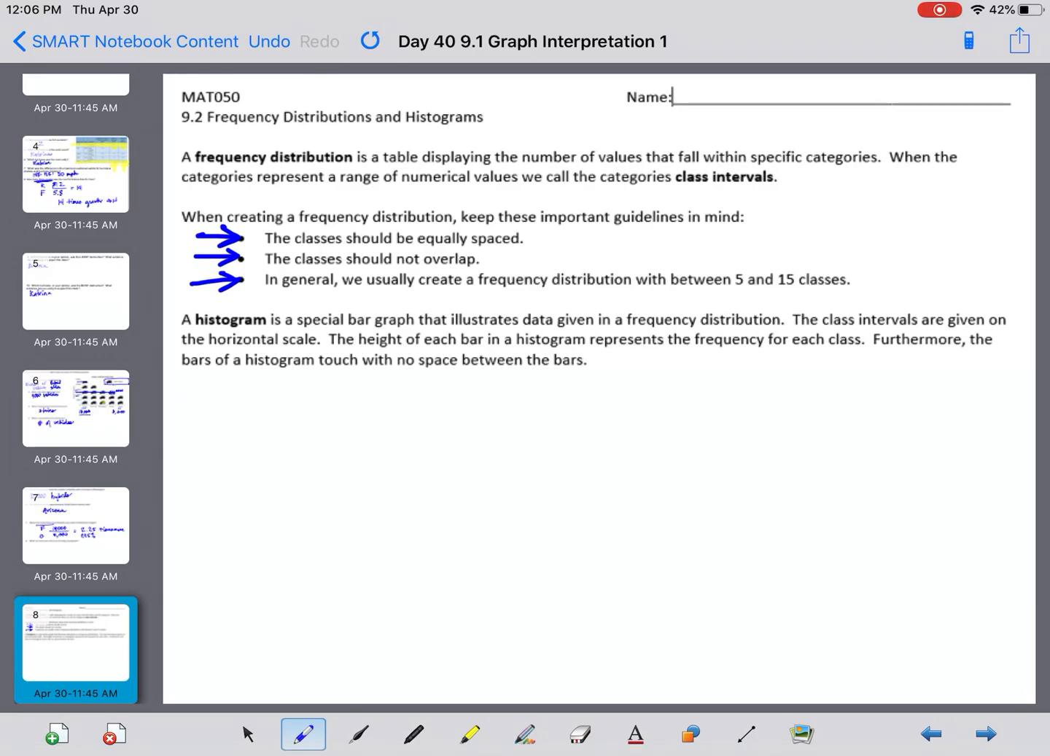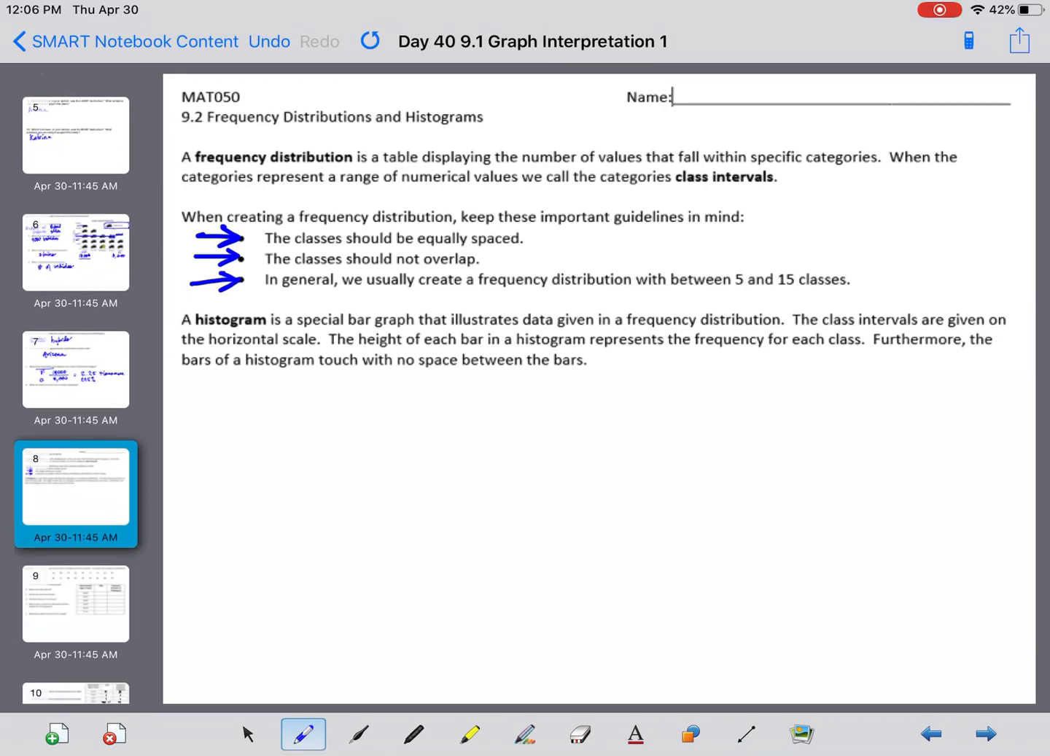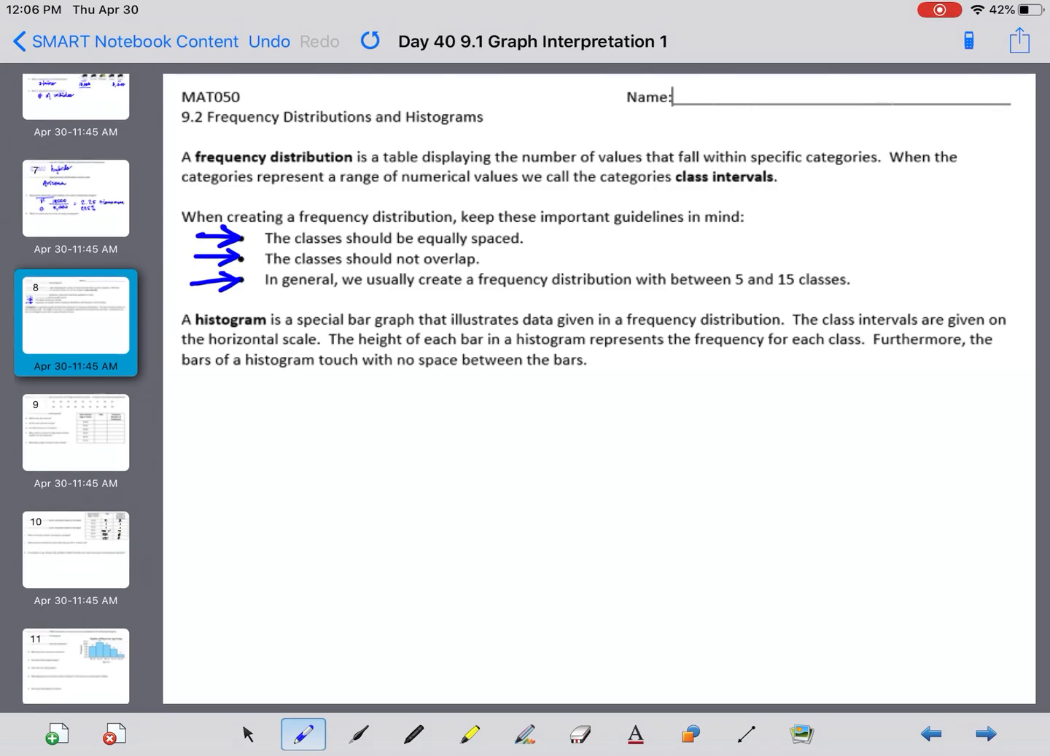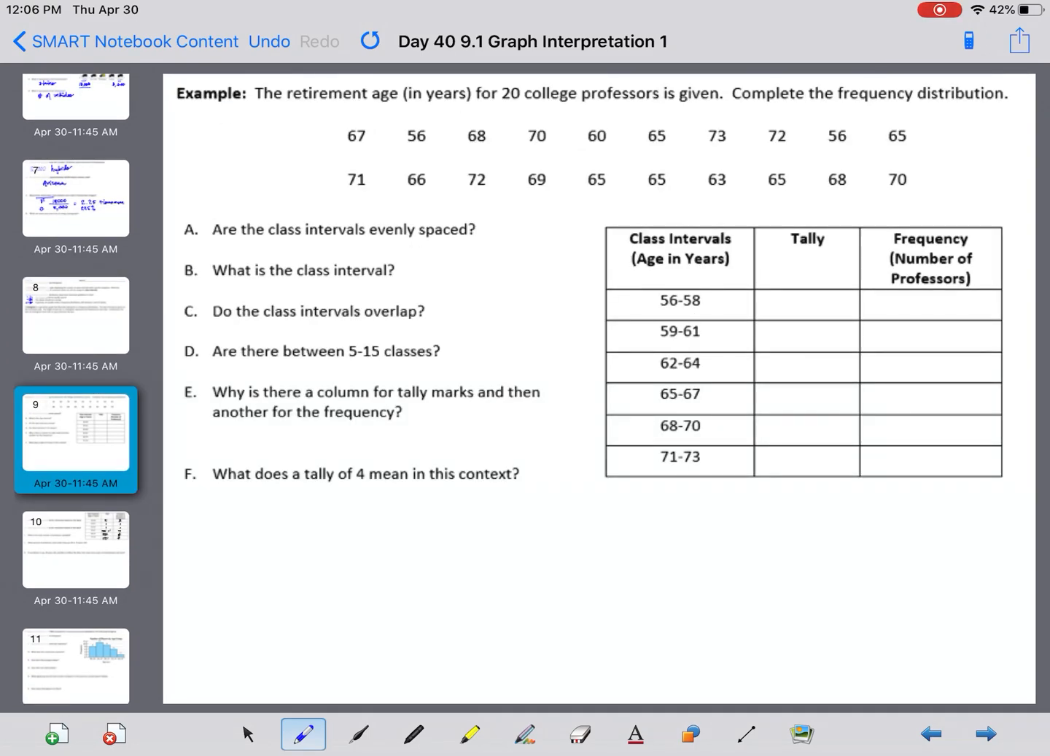It's a special type of bar graph that illustrates data given in a frequency distribution. The class intervals are given on the horizontal scale, and the height of each bar in the histogram represents the frequency for each class. Furthermore, the bars of the histogram touch with no space between the bars. So let's actually look at